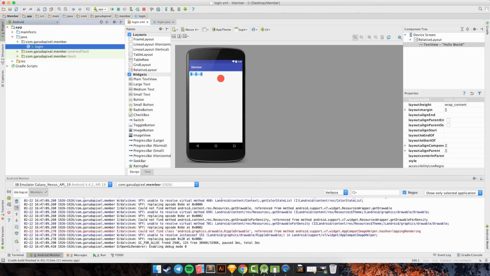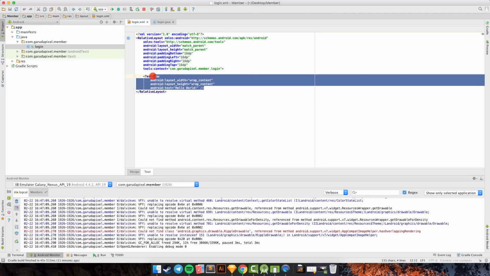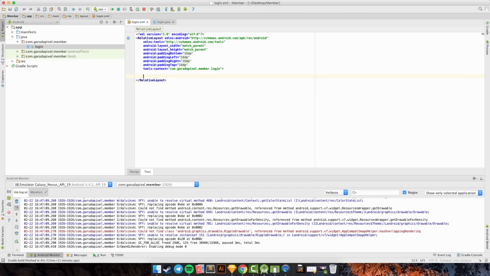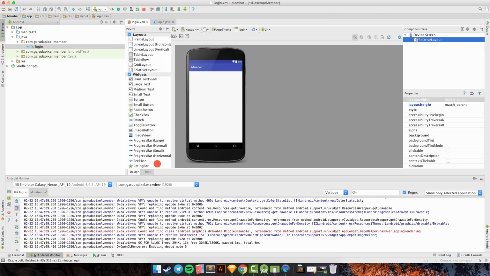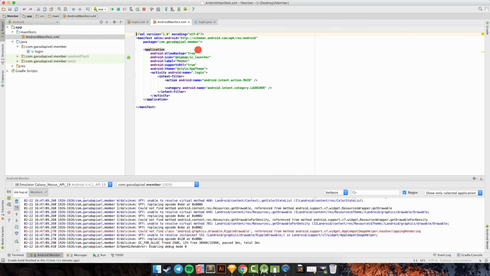Okay, so we move to Android and go to text, and I will remove this one, because I don't need it. Well, we start from login.xml, so we can go to manifest and double click, and then close.